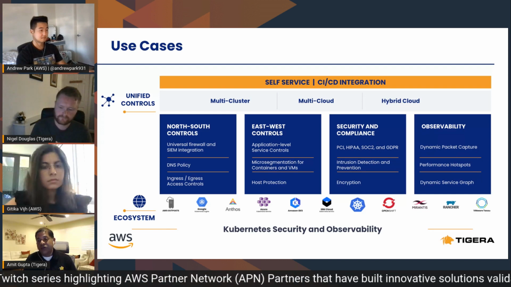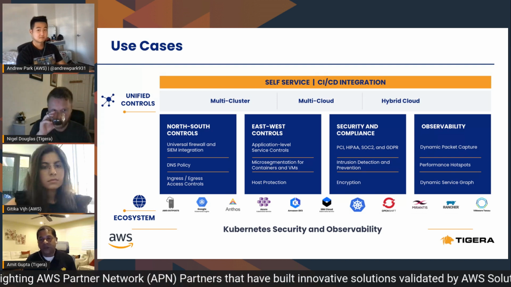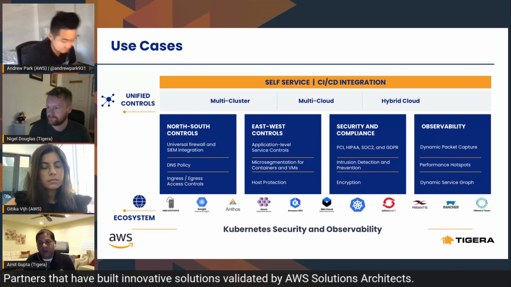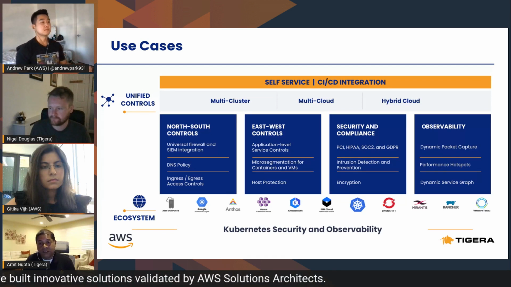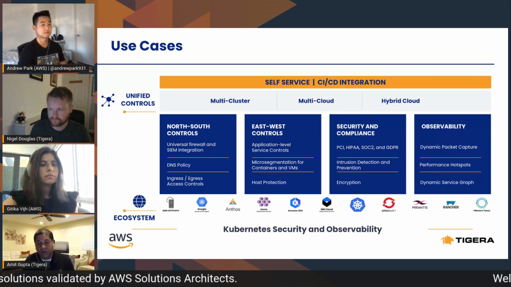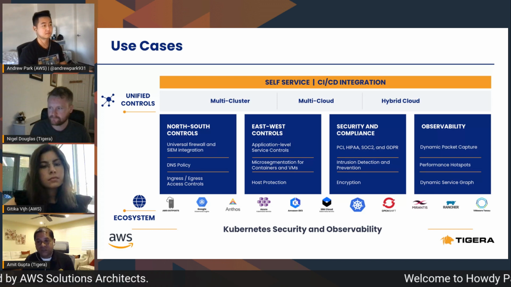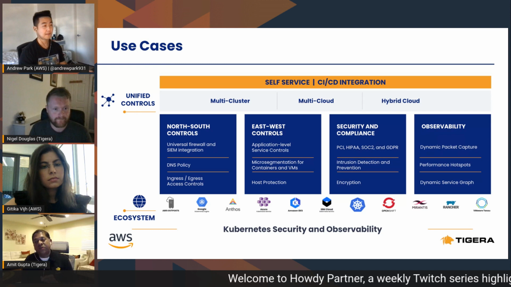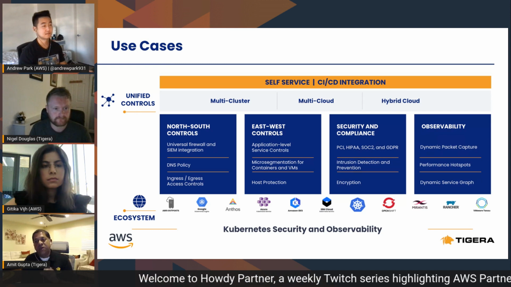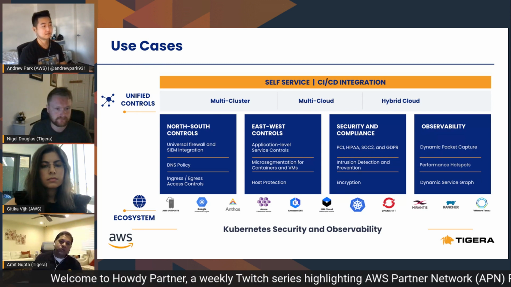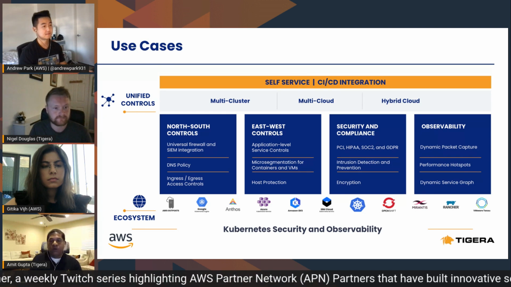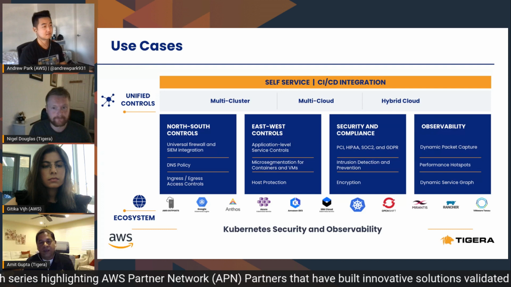But more importantly, how do you troubleshoot? How do you actually do those very simple things that you've been doing in the past, which is do a simple TCP dump? You can't really do that in this containerized environment in an effective way. You certainly cannot let your service teams enable that. So Nigel will talk to us about how you can actually make that truly self-service, so your service teams are able to do that effectively. So that's in a nutshell what we will spend most of the time on today.